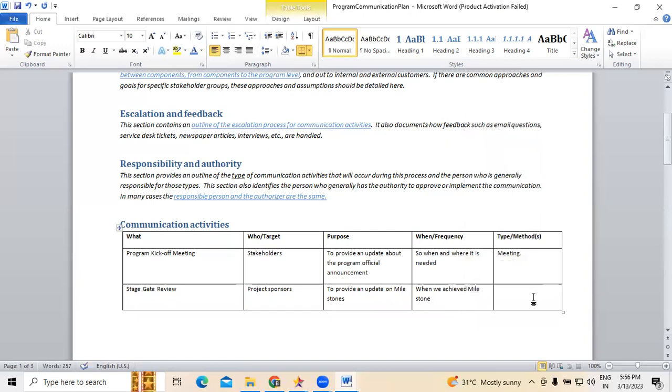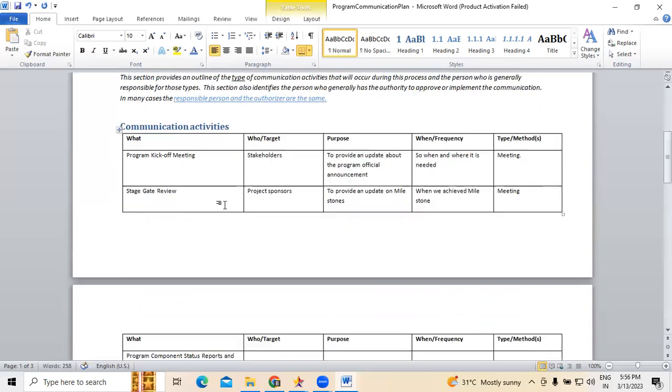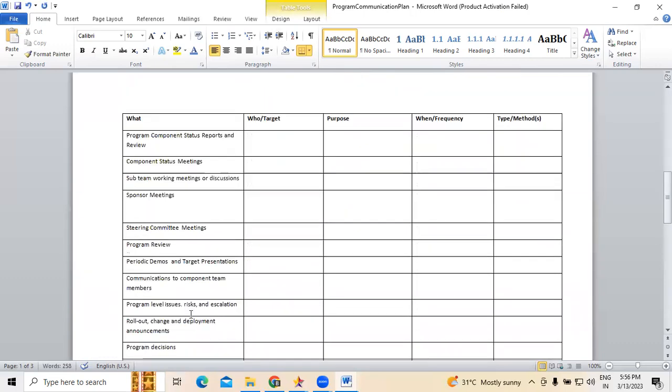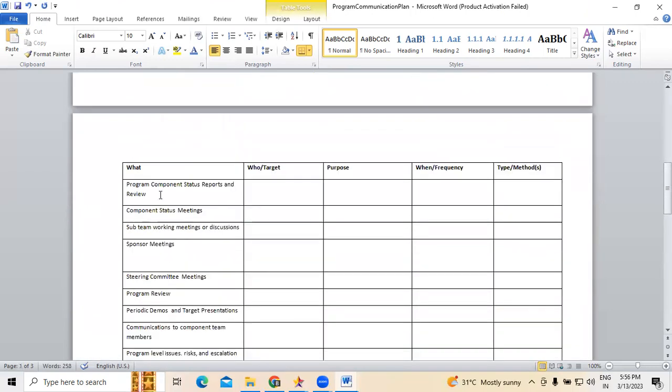Next, this is also the way of meeting we are going to conduct. Now, the next point is program component status reports and review. To whom are we targeting this? Program status needs to go to the program management team.